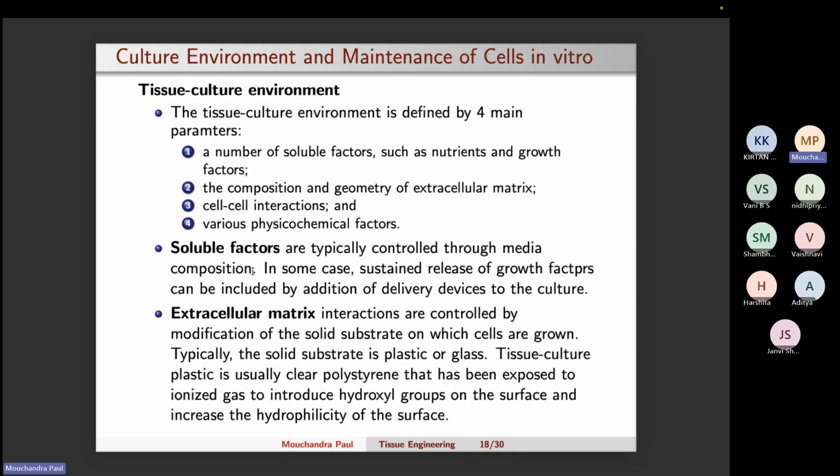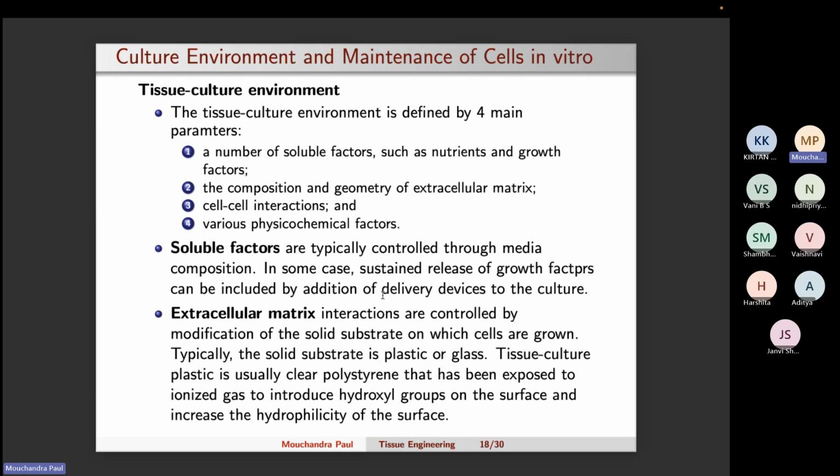In the complete media, remember we have added the serum. The serum contains the growth factors basically. But if you need additional special growth factors, you can also add them to your complete media. And if you want a sustained release of growth factor, where gradually the level increases just like it happens in vivo,